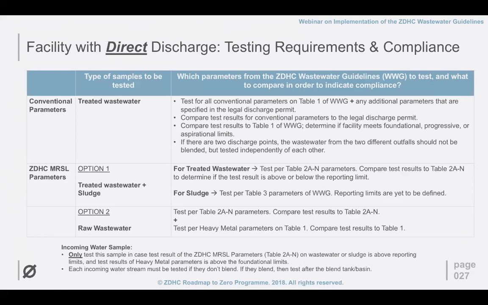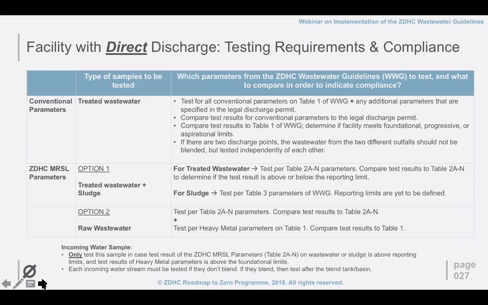So if it's on your permit, even though it's not in Table 1 of the wastewater guidelines, you are required to test for that parameter. And the results are compared against the legal discharge permit, and you compare the test results also against Table 1 of the wastewater guidelines to determine which level you meet. If there are 2 discharge points or more, the wastewater from the different outfalls should not be blended, but needs to be tested separately. Okay, for the MRSL parameters,